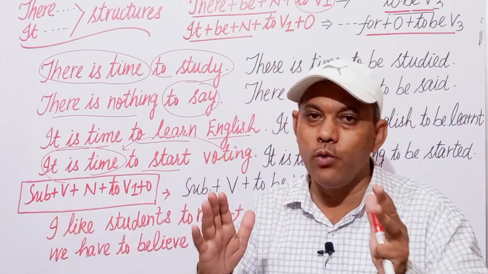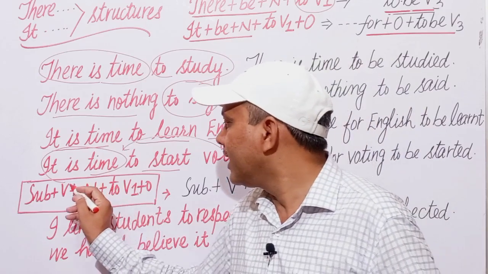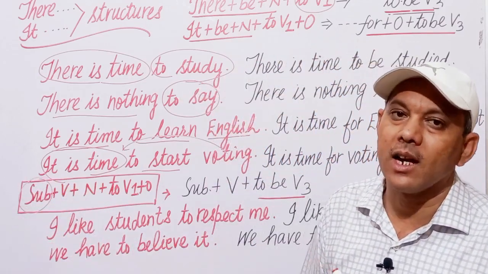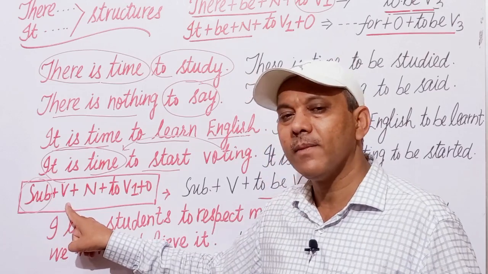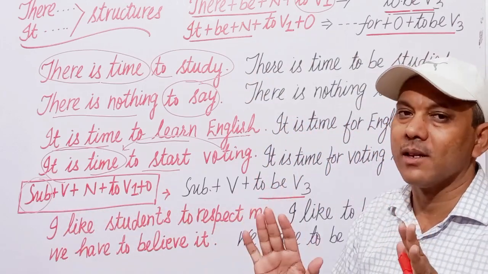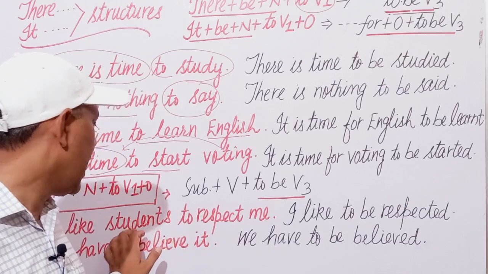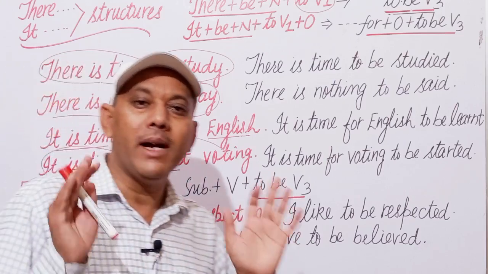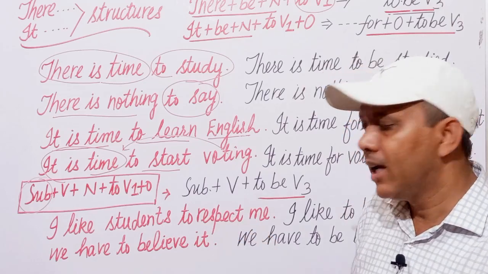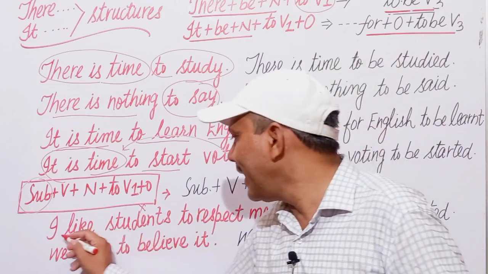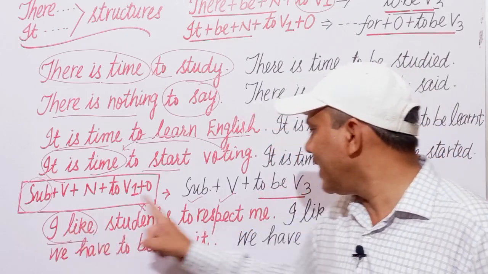वर्ब, नाउन और नाउन फ्रेज एंड देन 2v1 ऑब्जेक्ट। जो इट स्ट्रक्चर में था ठीक वैसा ही यहां पर केवल ये सब्जेक्ट आ जाता है इट और देयर के स्थान पर। सेम प्रक्रिया रहेगी, उसी प्रकार से चेंज करेंगे। सब्जेक्ट प्लस वी, इसमें कोई चेंज नहीं करेंगे, और 2bv3 लगा देंगे अपनी तरफ से पास्ट पार्टिसिपल 2b के बाद। एक एग्जाम्पल से इसको समझने का प्रयास करते हैं। आई लाइक स्टूडेंट्स टू रेस्पेक्ट मी। मैं चाहता हूं कि विद्यार्थी मेरा रेस्पेक्ट करें, मेरा आदर करें। यहां पर इस नाउन को हम हटा देंगे। आई लाइक सेम रहेगा, आई लाइक टू बी रेस्पेक्टेड। ये मी इस आई का ही ऑब्जेक्टिव केस है।